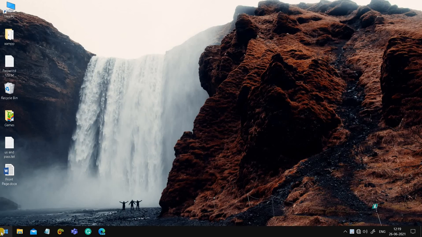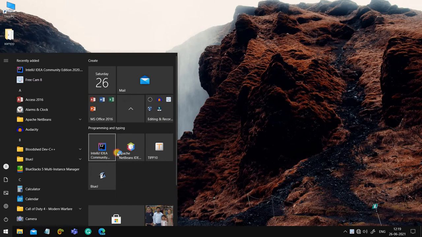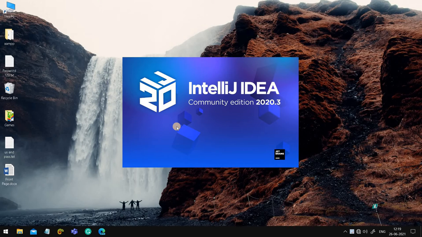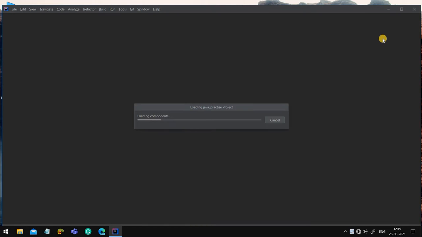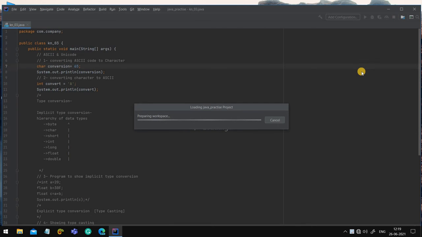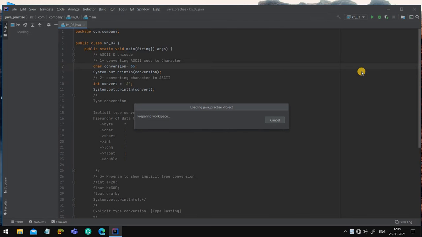Today we are going to see the different types of operators present in the Java programming language. Basically, operators play a very important role in any programming language, as they help you build logic and do mathematical calculations, and basically make your program a successful one. So let's get started.